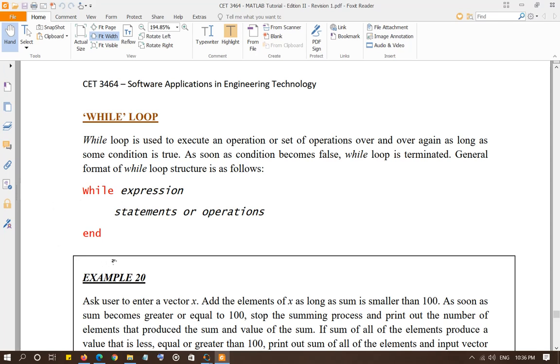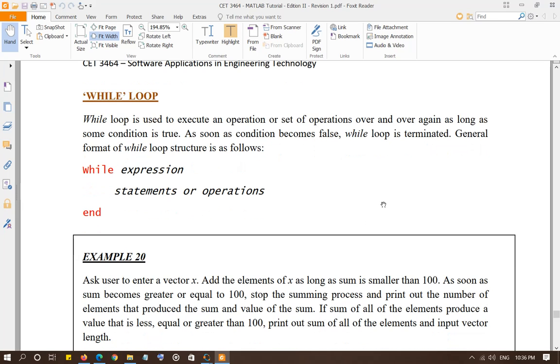The program is going to come out of the while loop, and everything that is written after the while loop is going to be executed. So that's as simple as that. Expressions again are relational expressions that we studied under the if statements. That is, you are comparing two things using equality, greater or equal, less or equal, not. Also, if you are taking an AND operation or an OR operation between two conditions, all of these can be the expressions for a while loop.